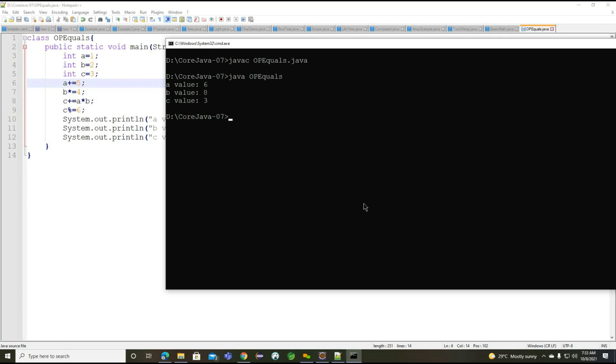Now if you understand here, the A value we are getting 6, the B value we are getting 8, and the C value we are getting 3. So basically for the C value, internally we are performing two operations here. First we work with multiplication, and whatever value we get, we assign into the C value. After assigning into this particular C value, with the help of the modulo operator, again we are trying to find out the remainder value of 6 here.